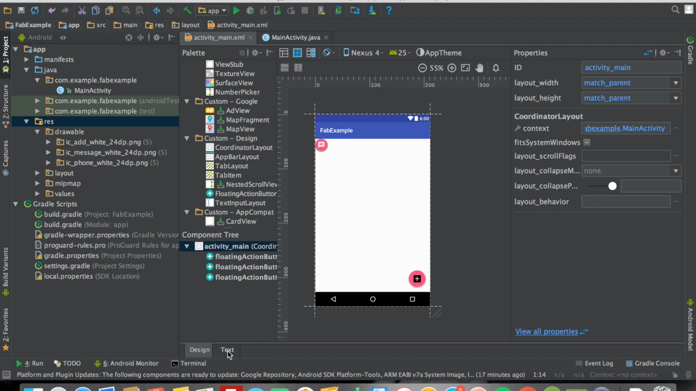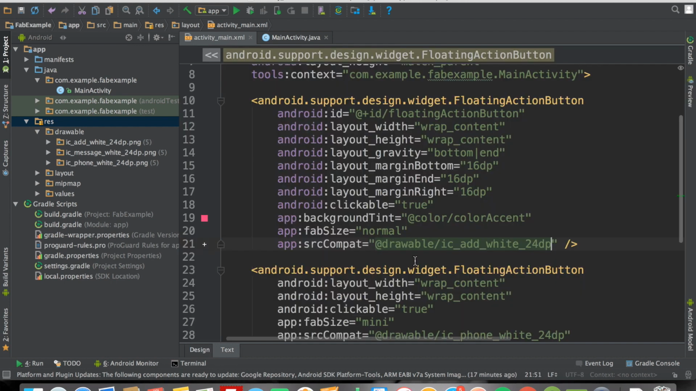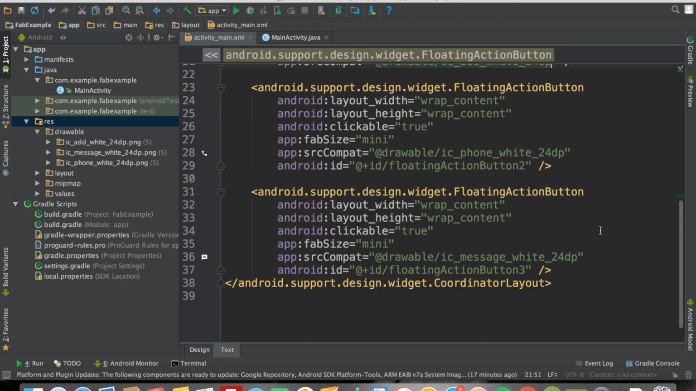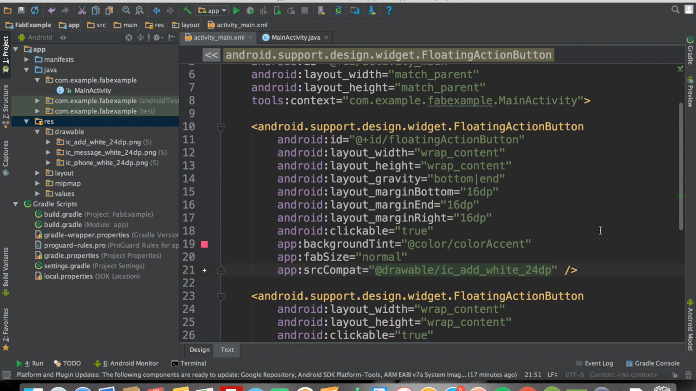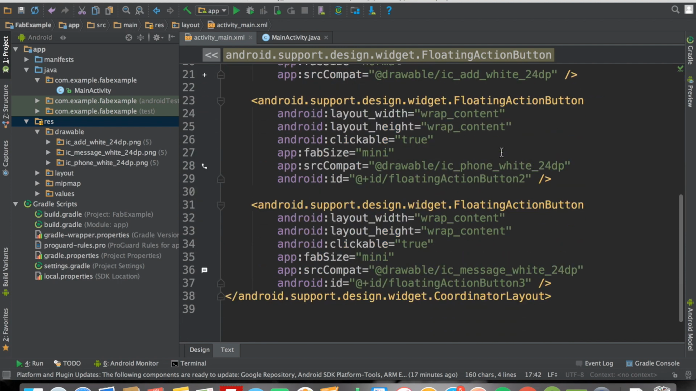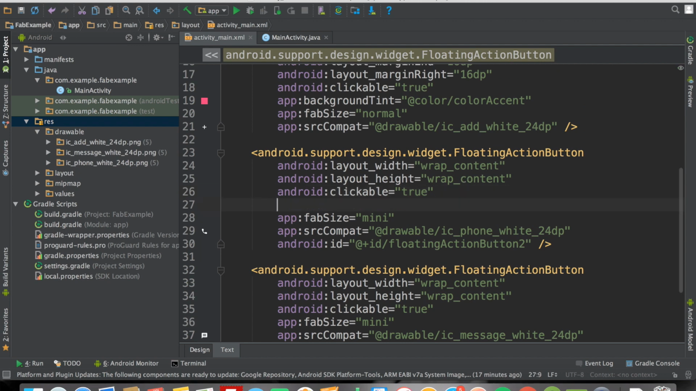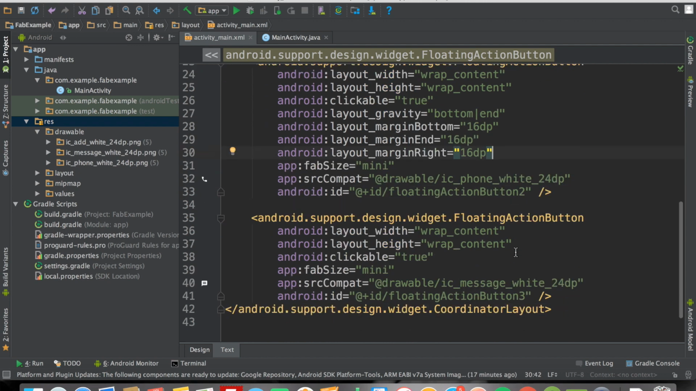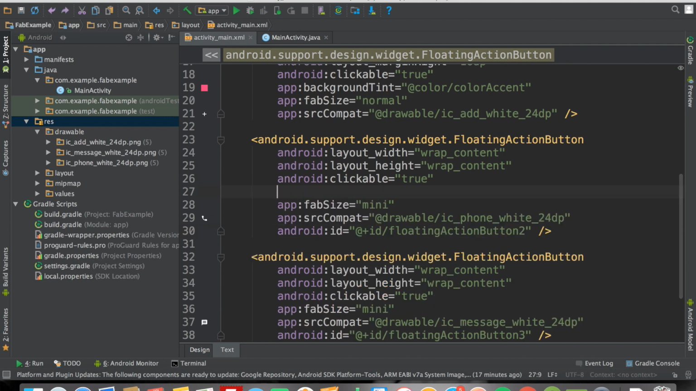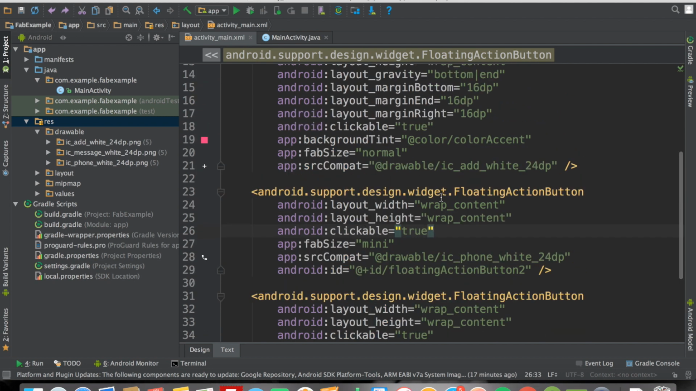So to do that, first I need to change their position and all that, right? So what I do here is I'm just going to copy this: the gravity and the margin bottom, the end and right. I'm going to paste them inside each floating action button. Okay, so this is one. Oh wait, okay, so before that, before I jump into changing the attributes for the floating action button,